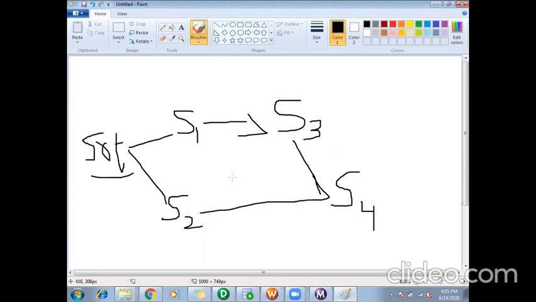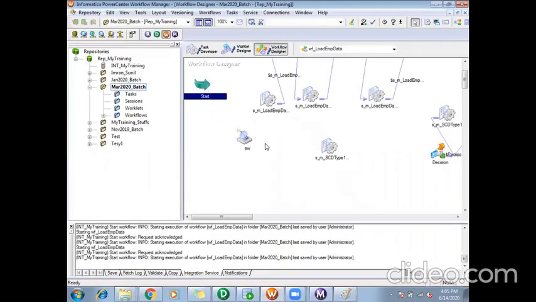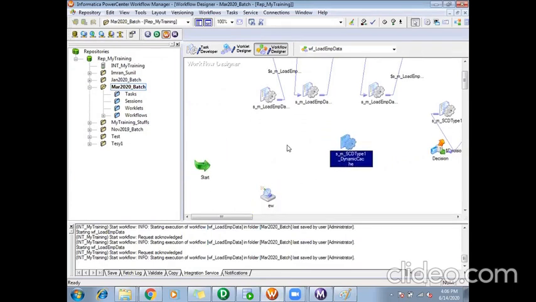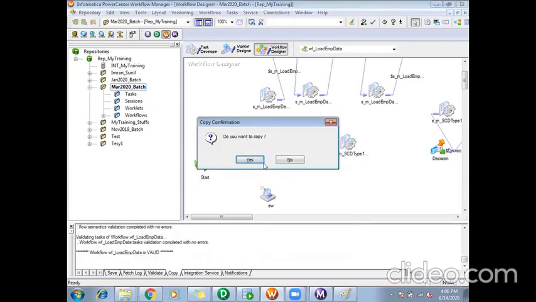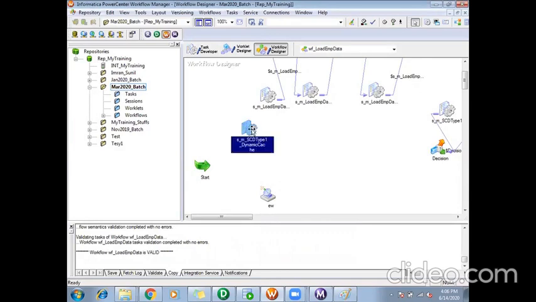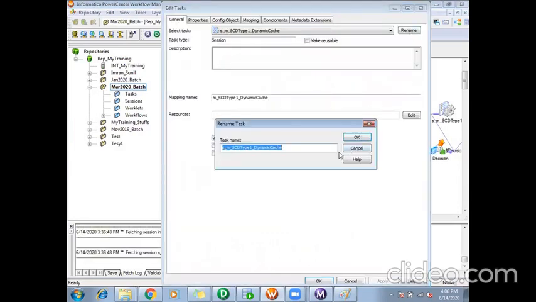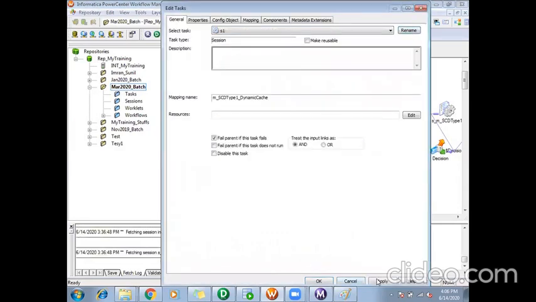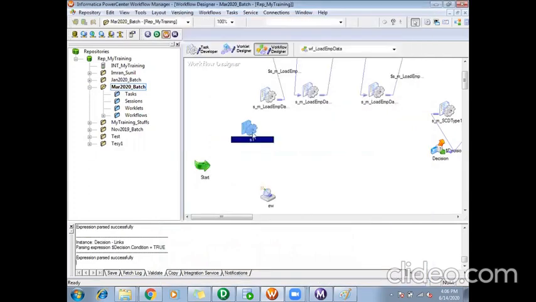I can give the links the same way as I have provided here in my workflow, but I want to explain the same thing with the event wait and event raise tasks. So I'll take those sessions. Assume this is my S1, or I'll just rename it, it will be easy to know. Apply.